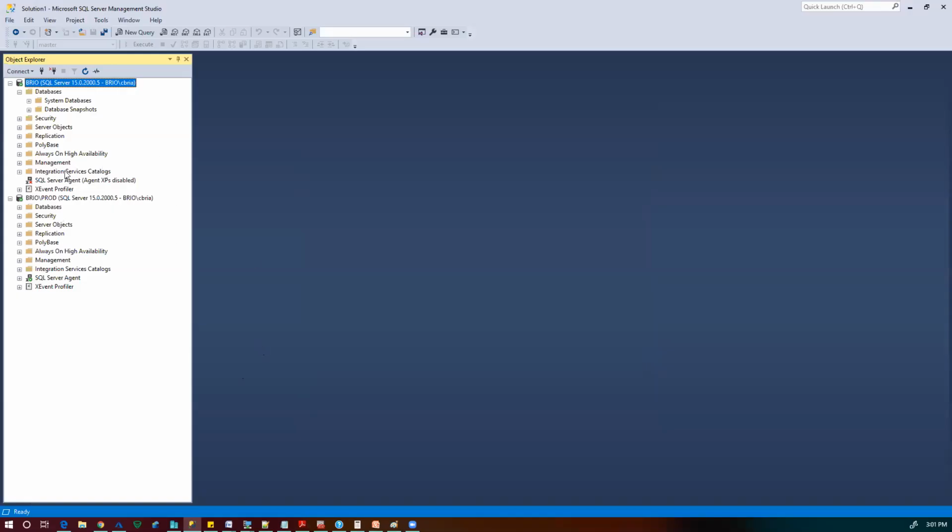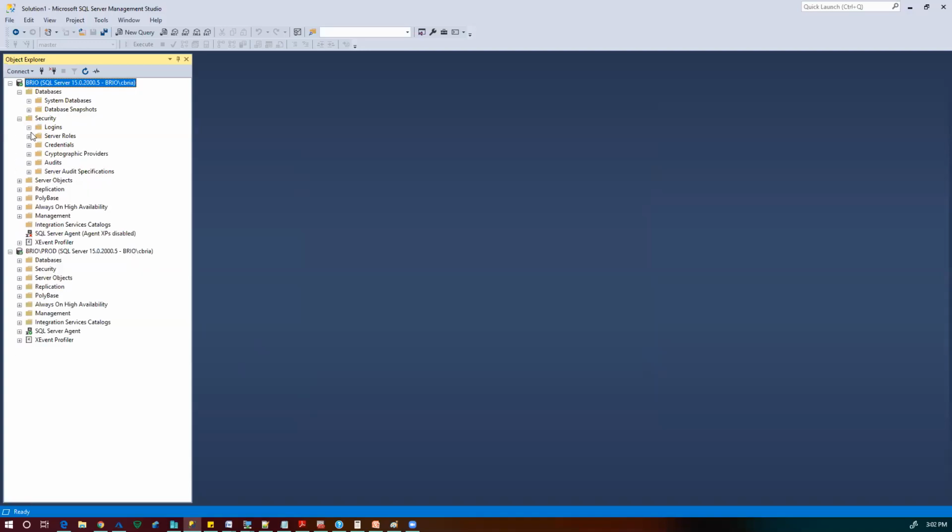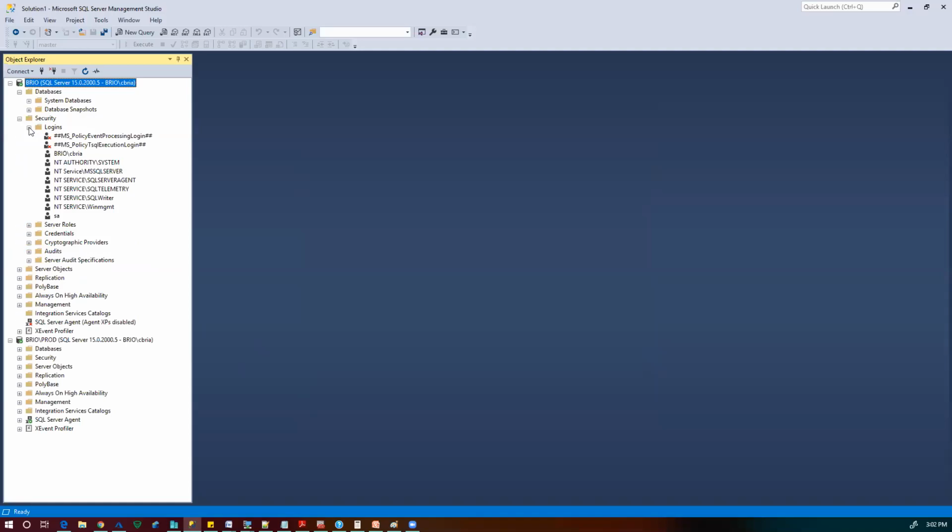There was a place you put in a password. So that password was coming in with an SA account. That was a system administrator account for this SQL Server. If you go under logins to see all your logins, you'll see an SA account. So this is a SQL account, right? When you are creating it, the password that you provided, password one, you can use that to log into this